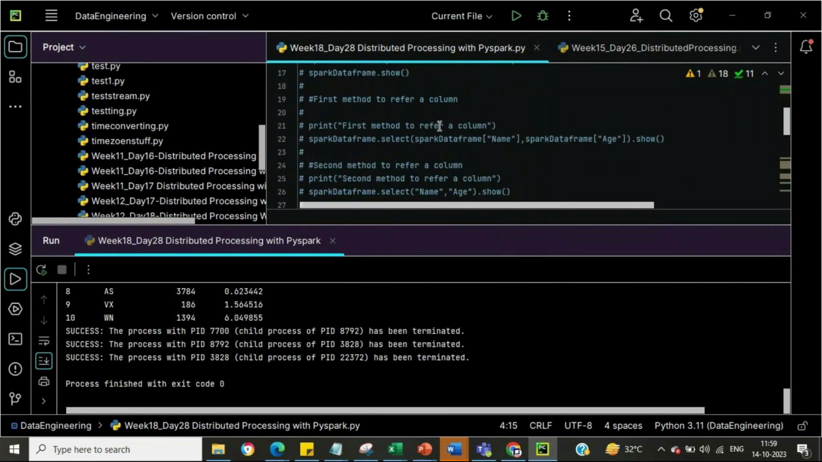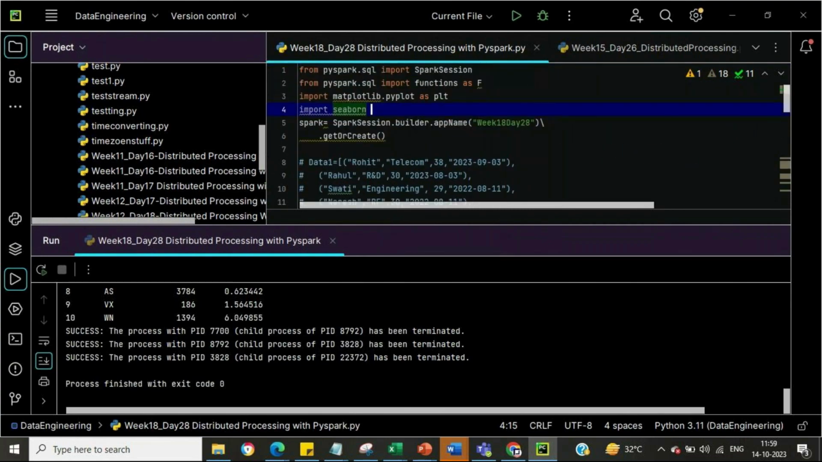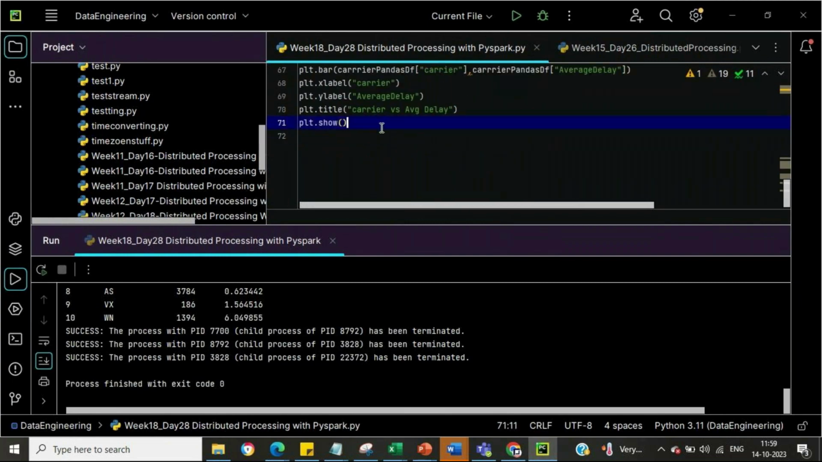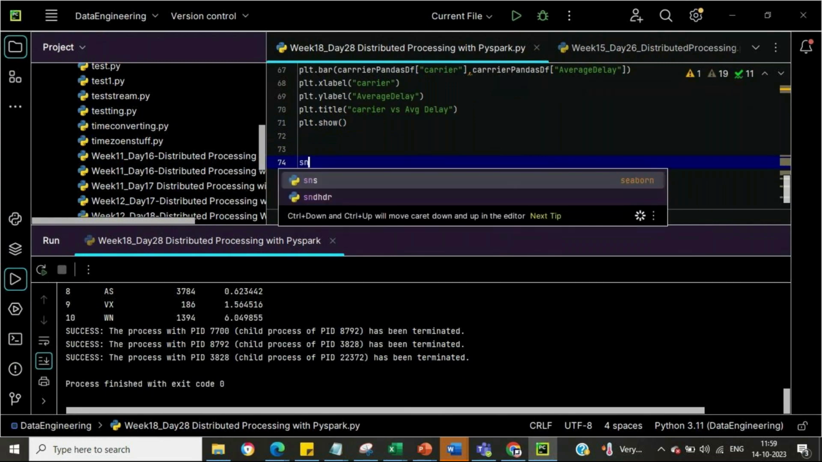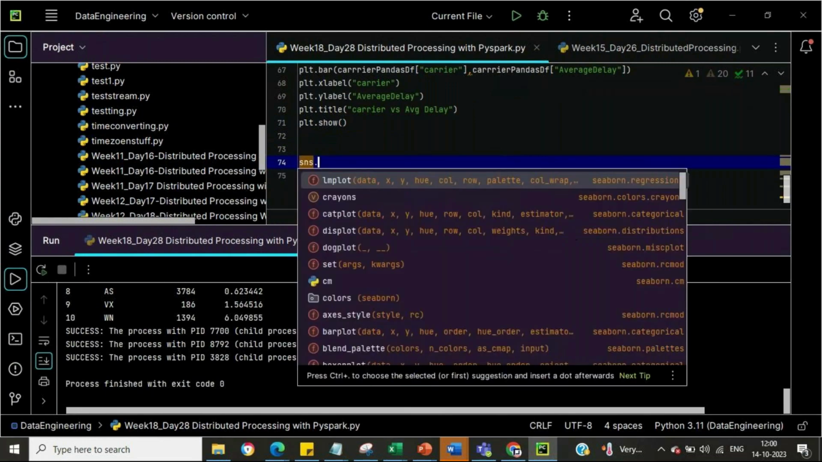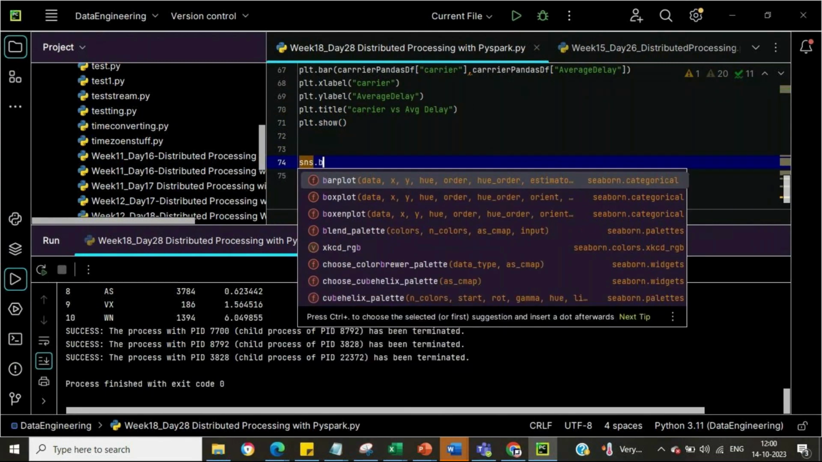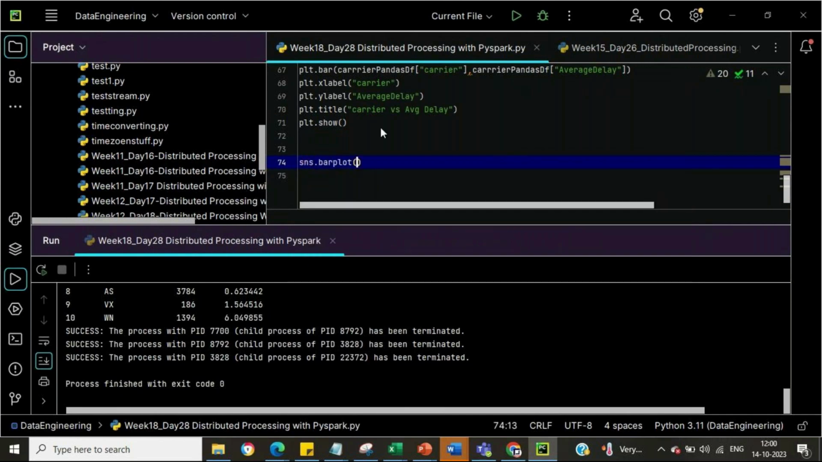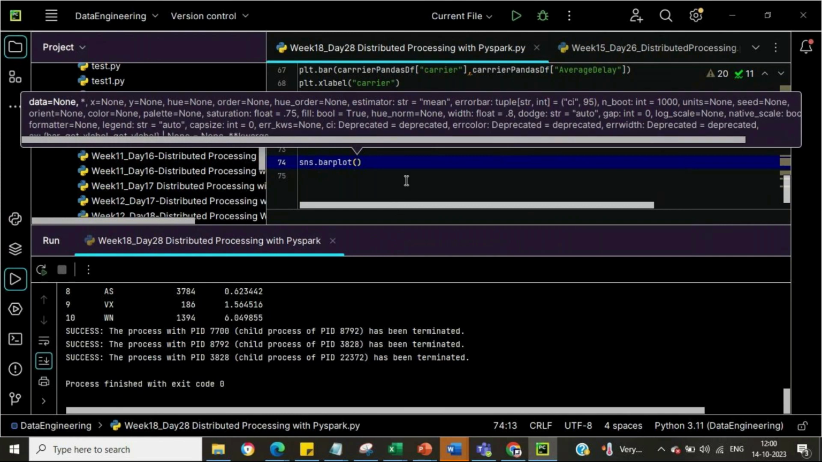So let me import Seaborn as SNS. These, PLT and SNS, are the industry-wise standard. People are utilizing this particular import in this particular format. Say bar plot, and over here what we just need to give is x equal to the carrier,